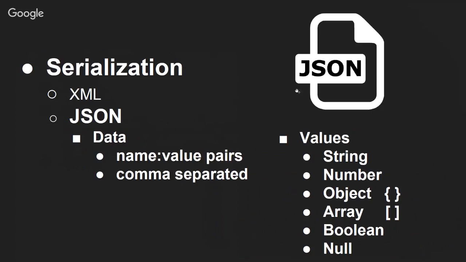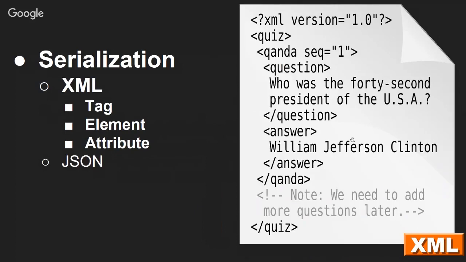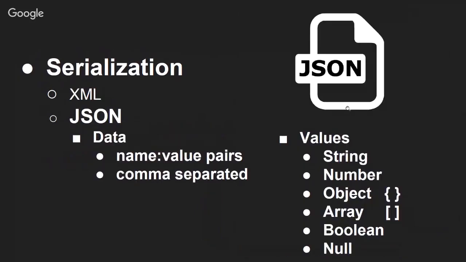So with JSON, you will have data that is stored like name and value pairs. You say a name and then assign to that name a value. Multiple data are comma separated. On the values, you can specify strings, numbers, other objects, arrays, booleans, and null. With XML, mostly it's always text. With JSON, you can specify multiple types of values,